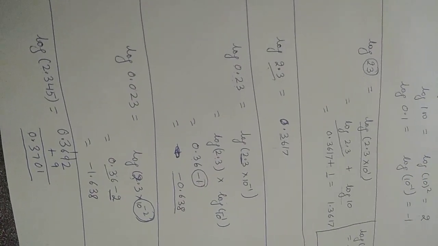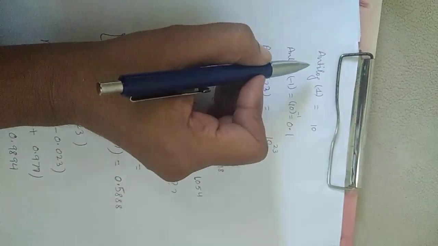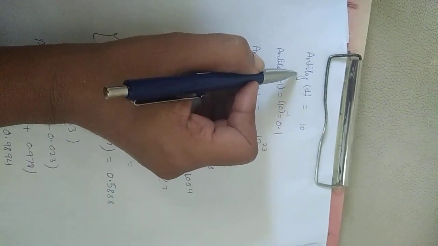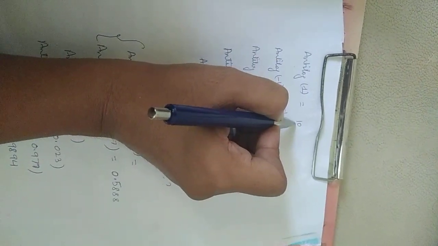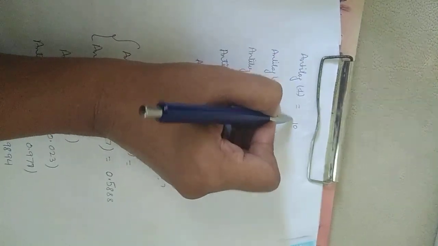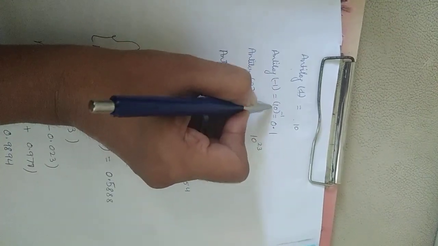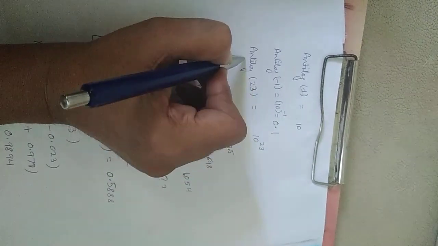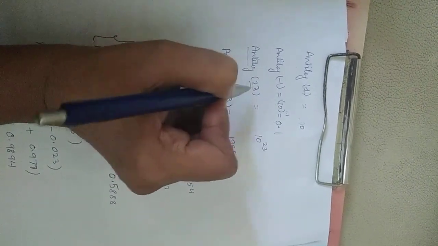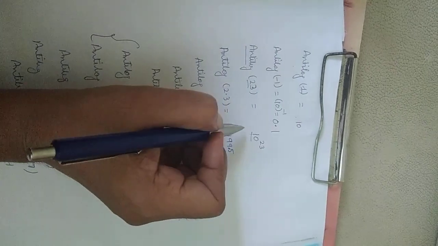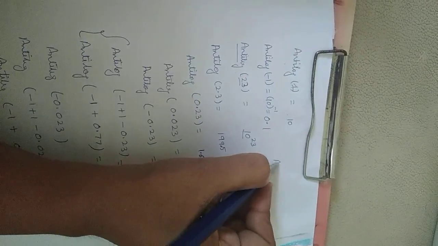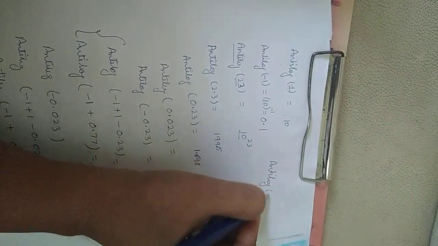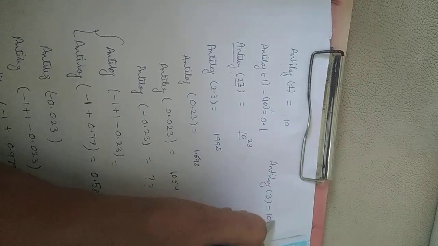Let's see now anti-logarithm. So anti-logarithm is similar to log and it is opposite to log. So if log of 10 is 1, then anti-logarithm of 1 is 10. Anti-logarithm of minus 1 is 10 raised to the power minus 1 or 0.1. Let's say I want to find anti-logarithm of 23. That will be 10 raised to the power 23. Whatever number is here, that goes in power. For example, if I want to calculate anti-log of 3, it will be 10 raised to the power 3 or answer will be 1000.